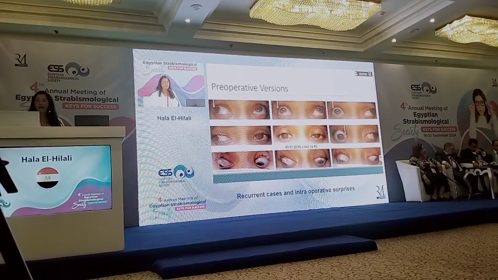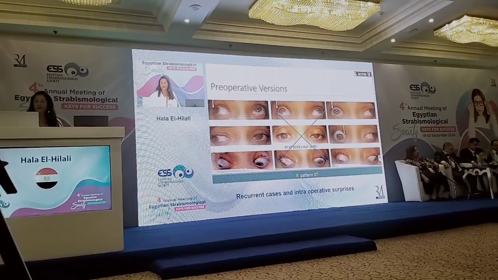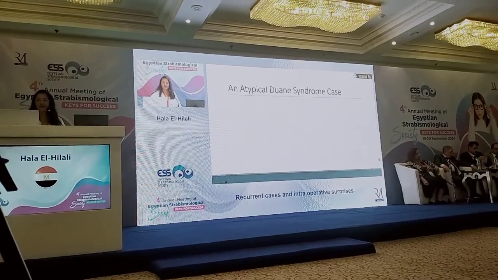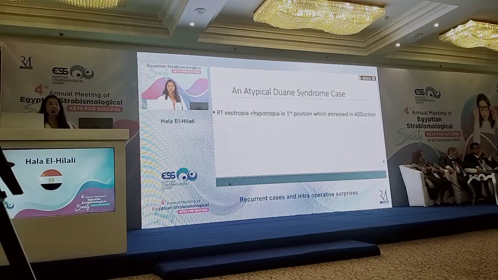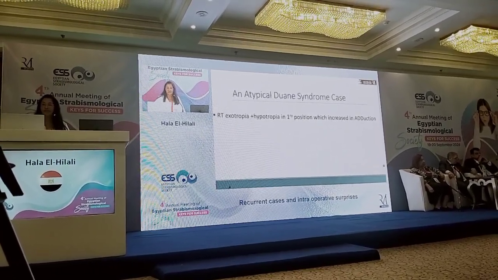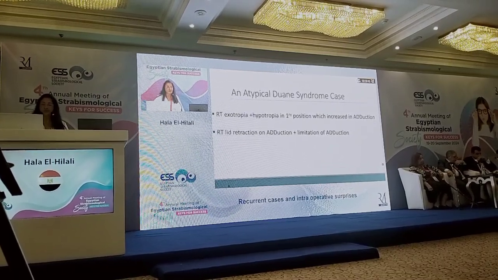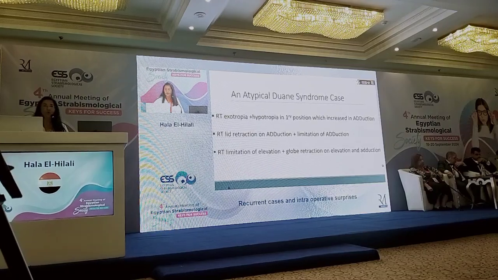And there was also an X pattern exotropia. So I looked at this case as an atypical Duane syndrome case, and just to summarize the findings, there was exotropia in primary position and hypotropia, which increased in adduction. Right lid retraction on adduction with limitation of adduction, and right limitation of elevation with globe retraction